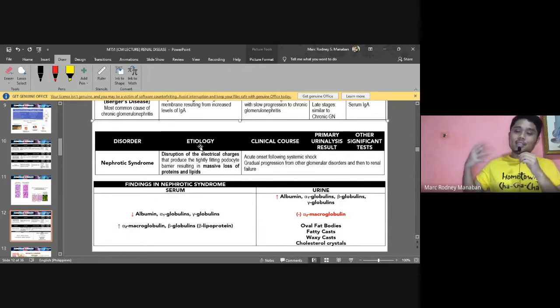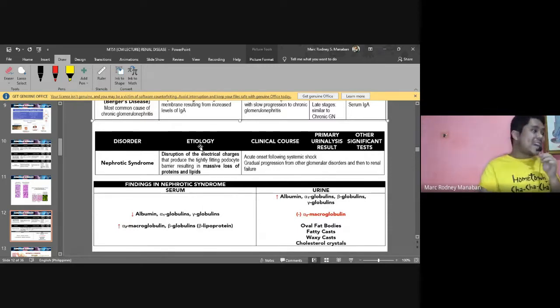Because again, daghan mang lipids na produce ang liver to compensate again the decrease in albumin sa imuhang lawas. So produce siya og lipids, okay? So daghan man siya na produce na lipids, of course, daghan pong lipids na ma-produce sa ihi because the lipids can also pass through sa glomerulus. So therefore, there is massive proteinuria and massive lipiduria. All right? So that's the expected results in imuhang urine.